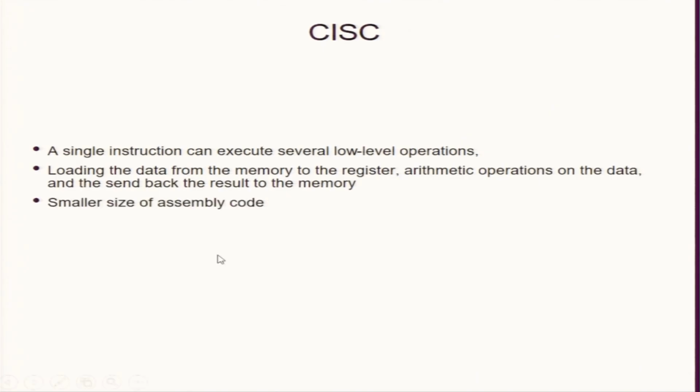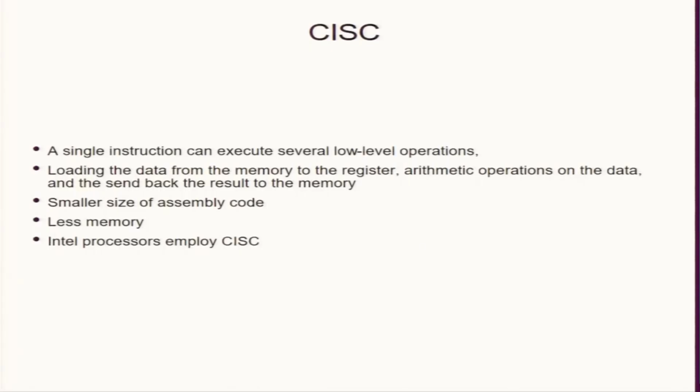So small assembly code because RAM is less. Intel processors were one of the leaders in making this. IBM and Intel were the early ones. Motorola, I think, came a bit later, and Apple much later. Apple is now making chips, like the M1 chip, which is Apple's chip. So Intel adopted the CISC strategy because RAM was less.